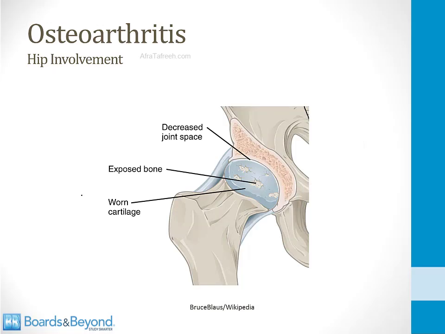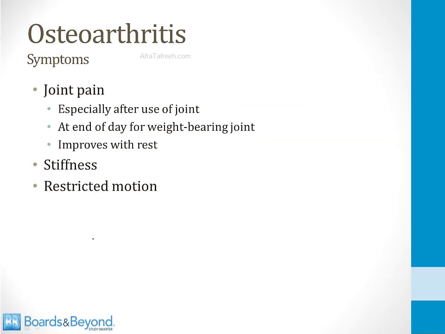The hip is another synovial joint often involved in osteoarthritis. This is a drawing of what osteoarthritis looks like. The hyaline cartilage has broken down and there's exposed bone and the joint space is narrowed, and many patients develop hip pain from osteoarthritis. So we've kind of talked about this, but let me go over some details about the